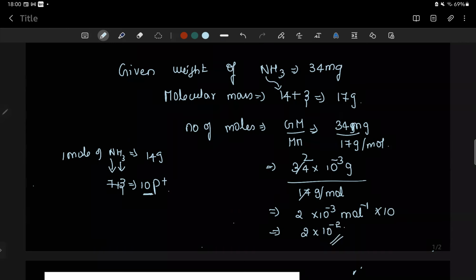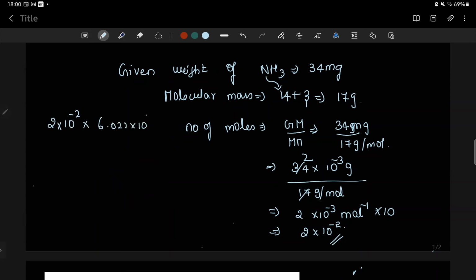Similarly, the number of protons according to mole. Take this answer and multiply it with Avogadro number. That is 2 into 10 to the power minus 2 into Avogadro number, 6.022 into 10 to the power 23. So if you multiply this,